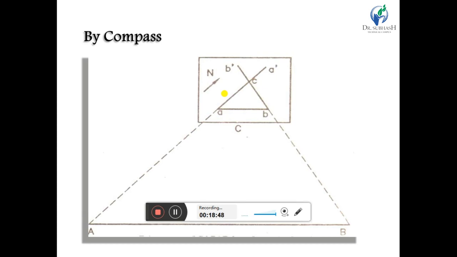After that, pivot the alidade about B, sight the object B and draw the resector BB dash, and get the intersection point. That intersection point, named C, is our survey station.